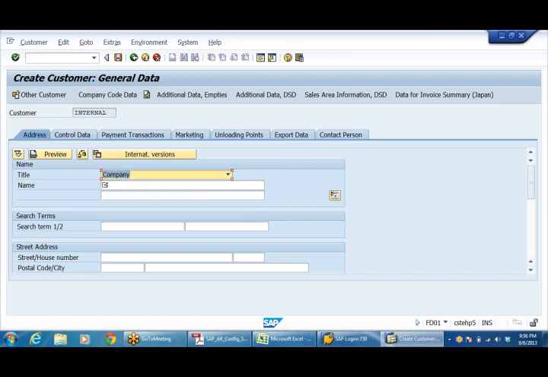Say for example, this is also a company. Right, Moon Pharma Trading Company.